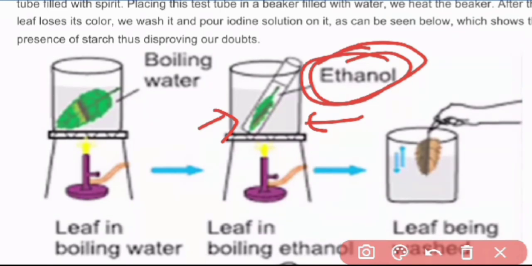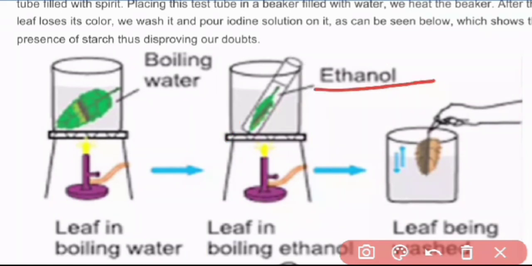Now what happens after the ethanol starts boiling? Why are we boiling the ethanol? Because by boiling the ethanol, this leaf will lose its color. The color of this leaf will go away. And after this, when this leaf loses its color,